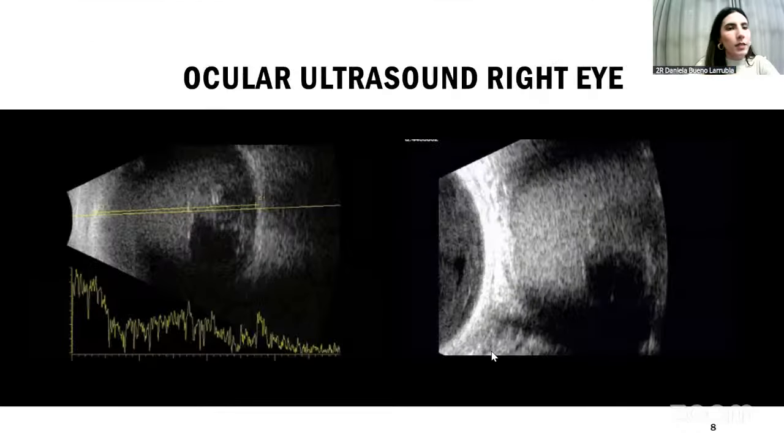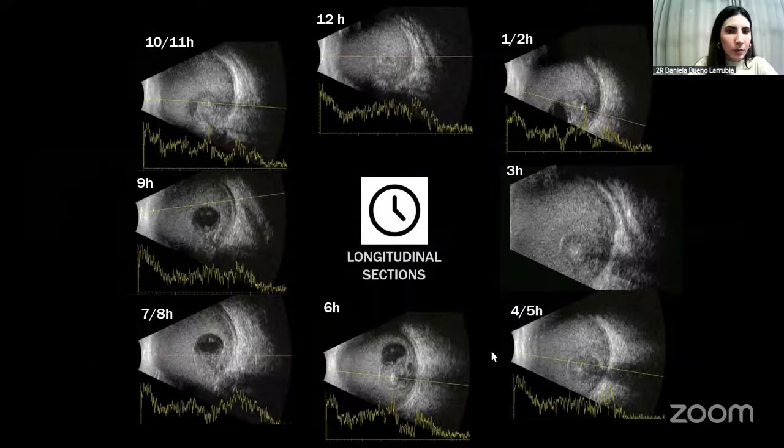On the ocular ultrasound of the right eye, in the axial scan, we see an axial length of the right eye within normal limits for the patient's age. The lens was not visualized on the axial scan. And the second image was obtained using the pseudo-immersion technique and did not show the lens in the anterior portions of the vitreous. In the longitudinal ultrasound scans of the right eye, we could see an image over the papillary area